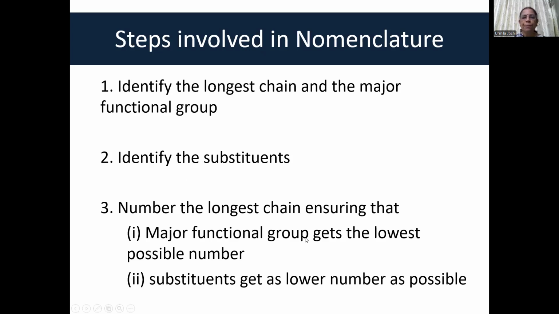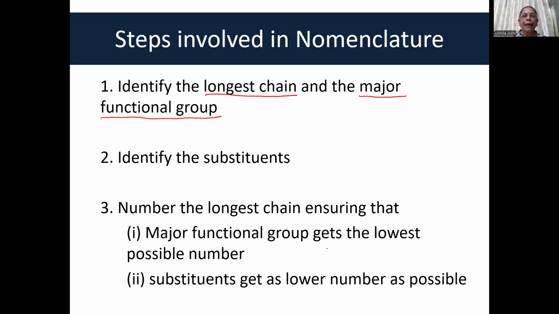So, going to the steps which are involved in the nomenclature. For nomenclating any compound, what you have to do is first identify the major functional group in the structure and then identify the longest chain. First identify the major functional group and then identify the longest chain. Why in this order is because once you identify the major functional group, that should be included in the longest chain. Then identify the substituents